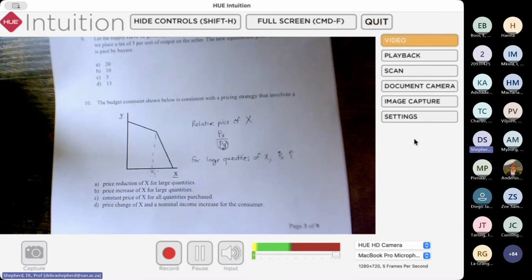The other reason for why this budget constraint could look this way is, what if we assume the price of X remains constant? If we assume that the price of X stays the same, no matter how much Y or X this person consumes, the reason why the budget constraint changes from being quite flat to very steep must be because for smaller quantities of Y,